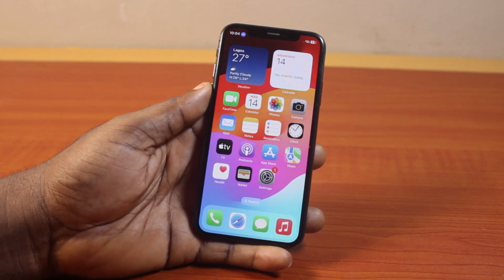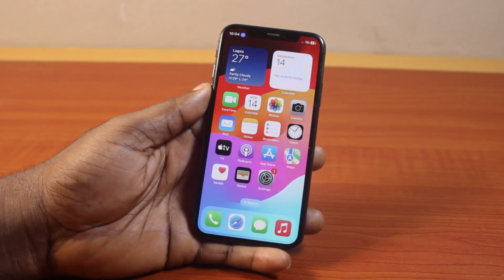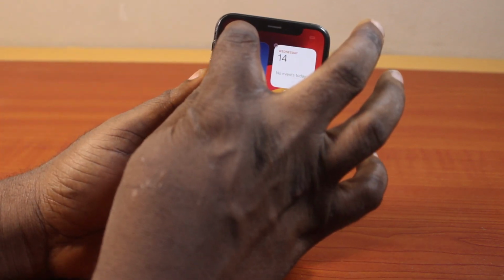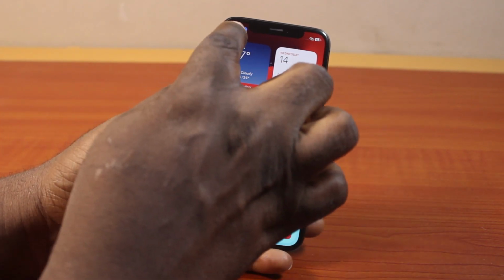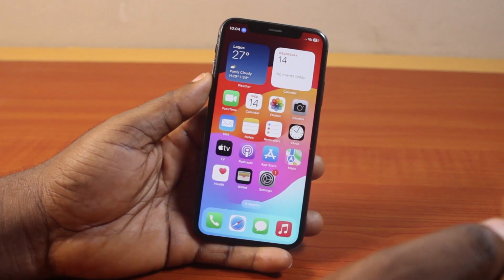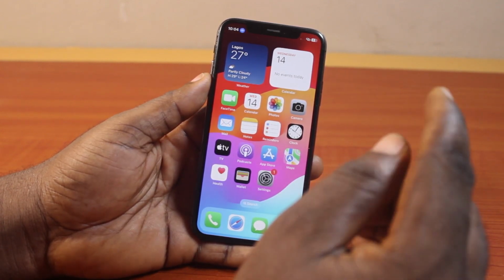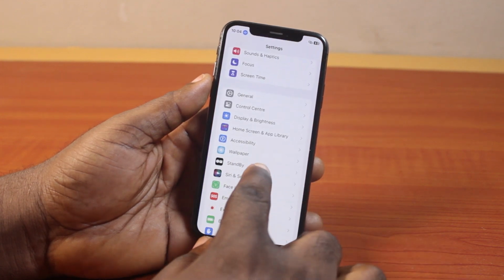To know that your voice control is active or you already set up voice control on your iPhone X, you should see this microphone icon here. So once you see the blue microphone icon just after the time, then that shows you already have voice control turned on. Now to turn it off, all you need to do is go to your iPhone settings,